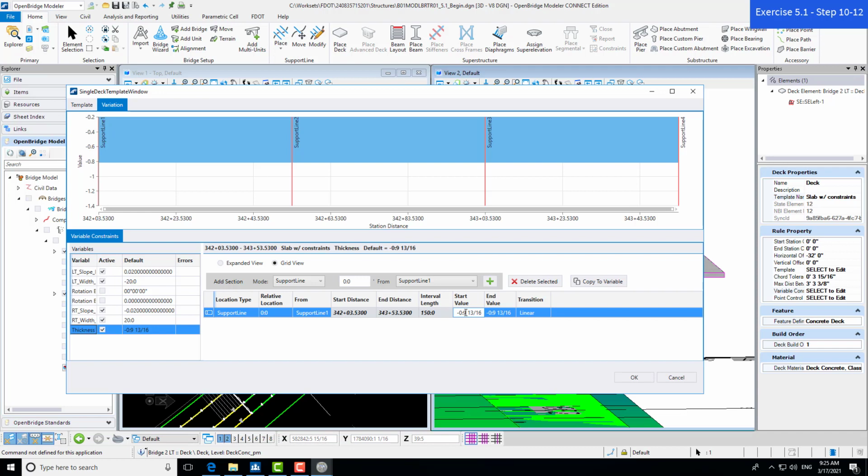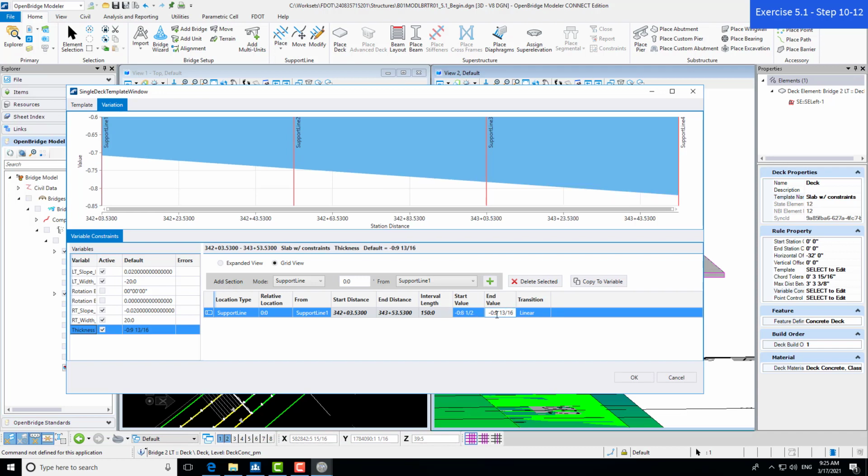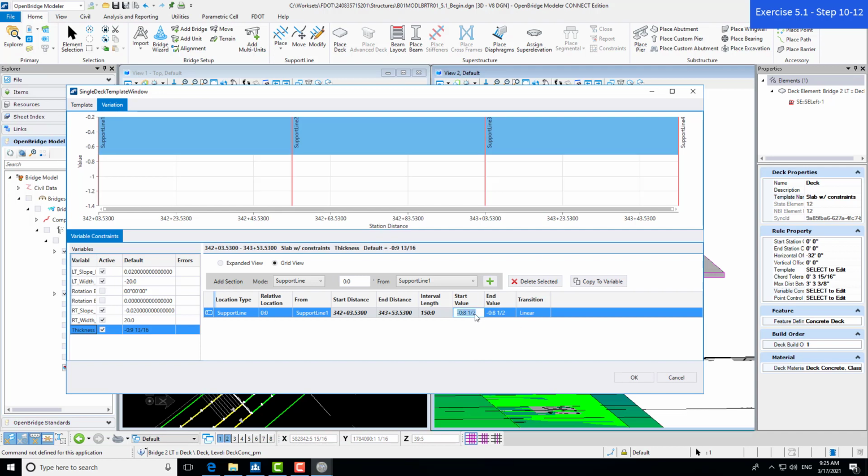the value that we want to use is 8.5 per our training manual input, which is, again, input here. And this is also a negative value, so we're just setting our minimum deck thickness here at 8.5 inches. You can see it is reflected here in the chart above. So now we are good.